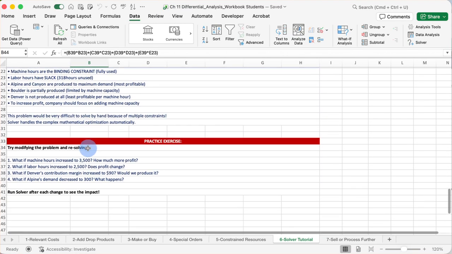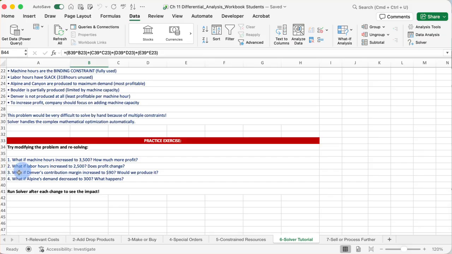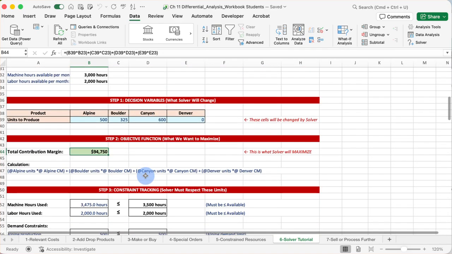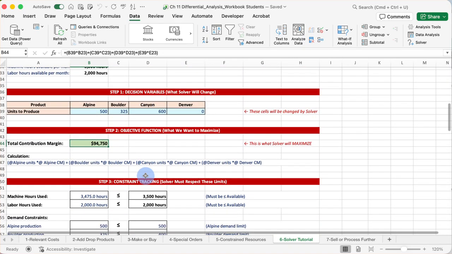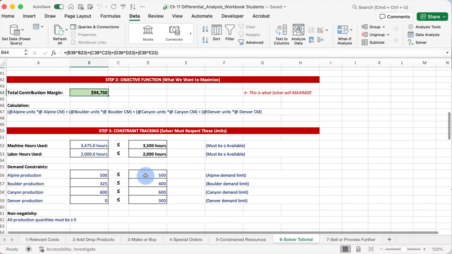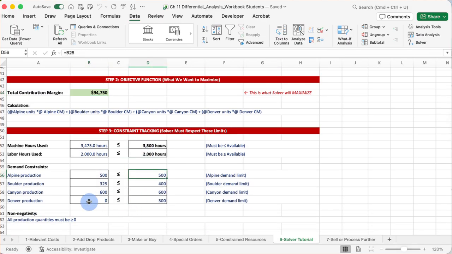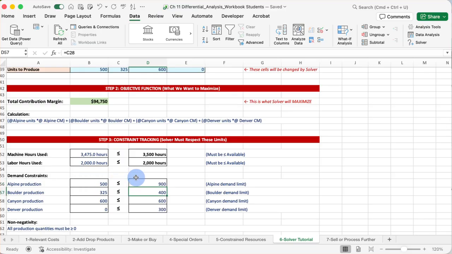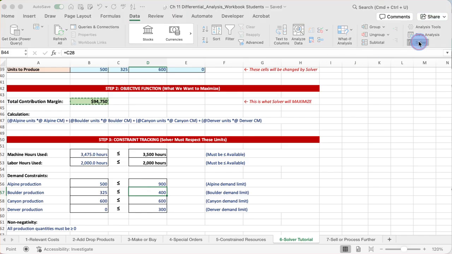And then you can continue just to play around with this. So go ahead and change, like what if labor hours increases? What if the contribution margin for one of the products increases? Go ahead and change these numbers and run solver again to see what happens. You can also, if you just want to keep playing with it, you could say, what if our capacity of Alpine was actually 900 units? We found out there's more demand for that product than we realized. And then run the solver,